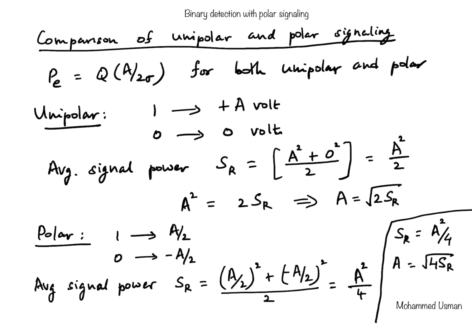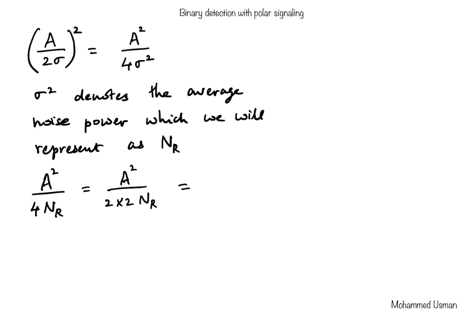A square by 2 here is the signal power SR for unipolar, right? So we take only A square by 2 here. So if we take only this part, that is equal to the signal power in the unipolar case. So that is simply equal to SR by 2 times NR